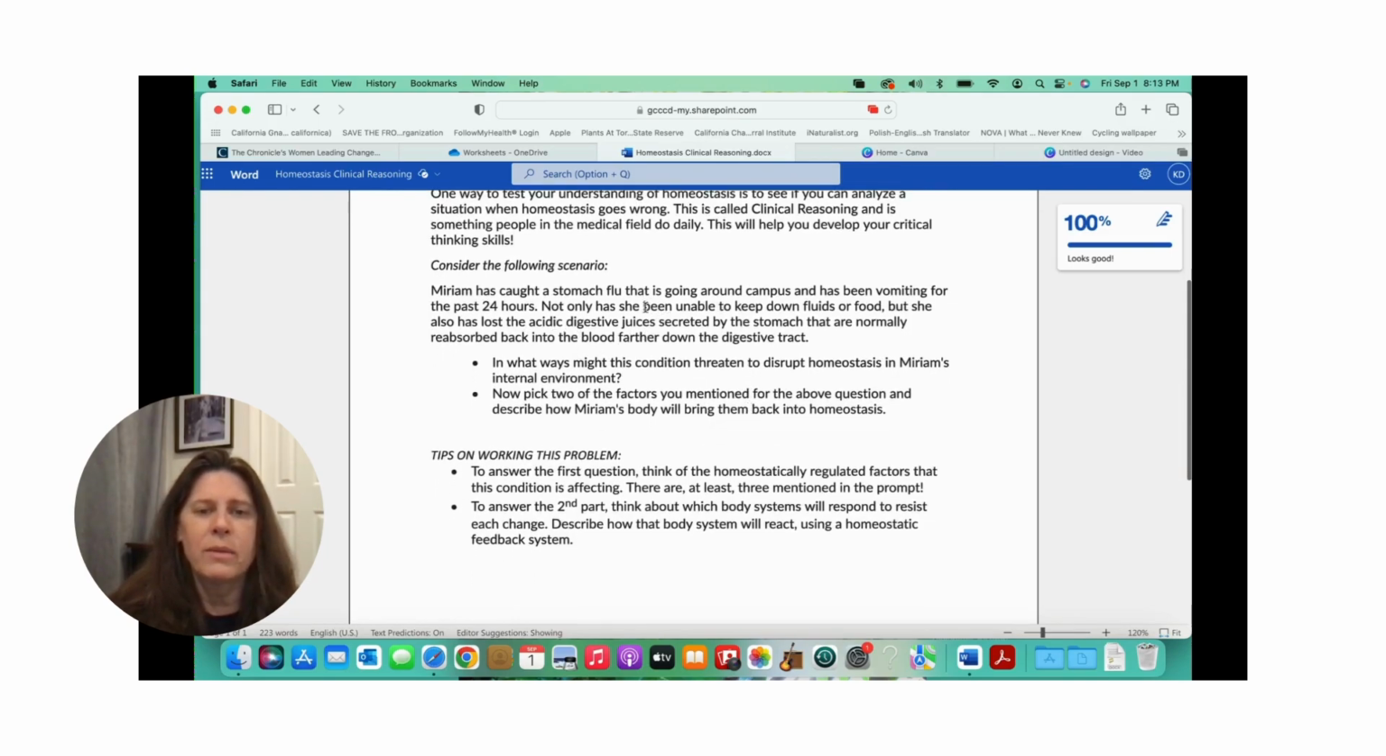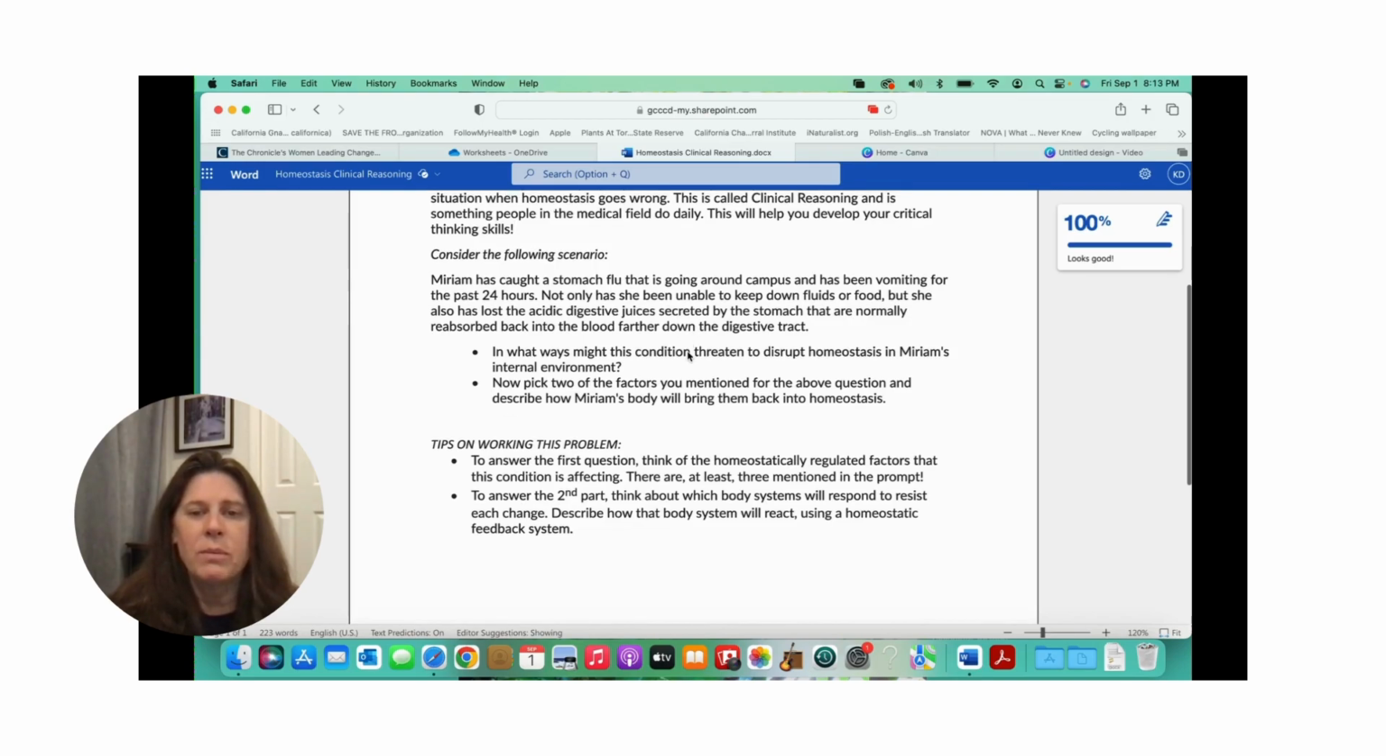Miriam has caught a stomach flu that is going around campus and has been vomiting for the past 24 hours. Not only has she been unable to keep fluids down or food, but she has also lost the acidic digestive juices secreted by the stomach that are normally reabsorbed back into the blood farther down the digestive tract. So the first thing we need to figure out, in what ways might this condition threaten to disrupt homeostasis in Miriam's internal environment? So if you look down at the tips I mentioned here, what we want to do is